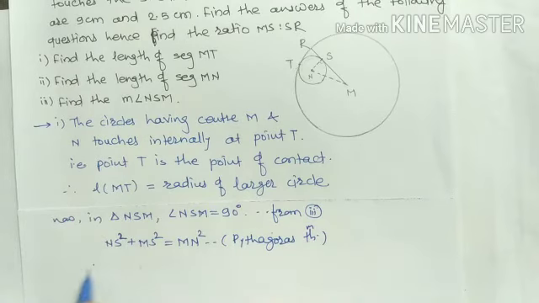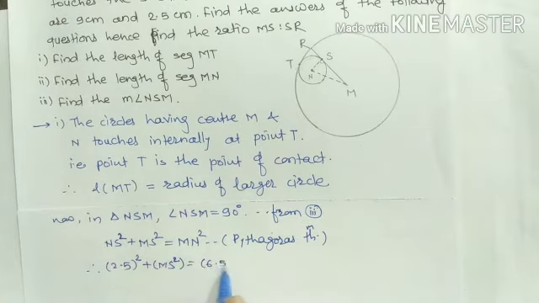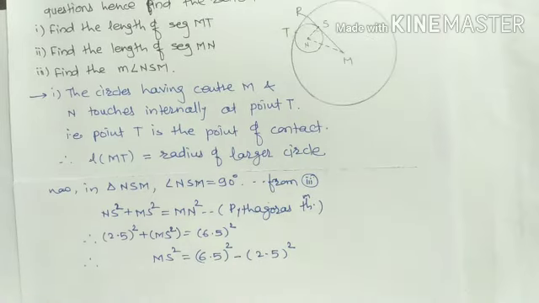In the figure, NS is the radius of the smaller circle, 2.5. We have to find MS. MN we just found, 6.5, so MN square is 6.5 square. Therefore MS square equals 6.5 square, plus 2.5 square, and after changing the side it becomes minus 2.5 square. Therefore MS square equals,